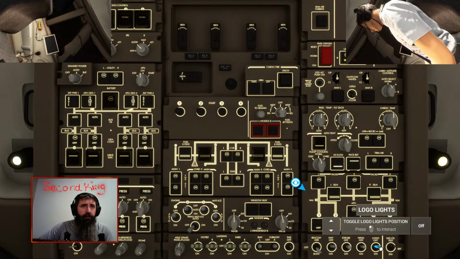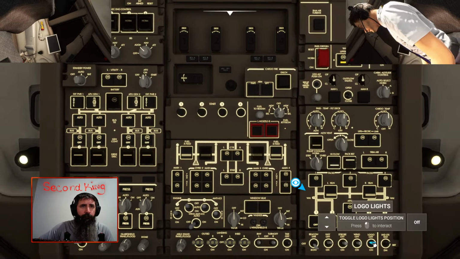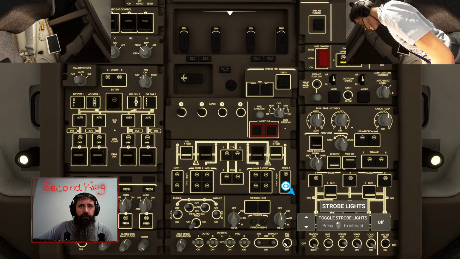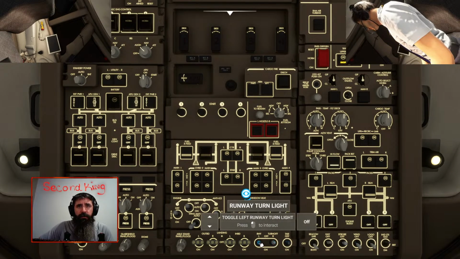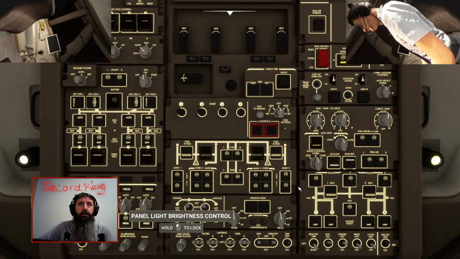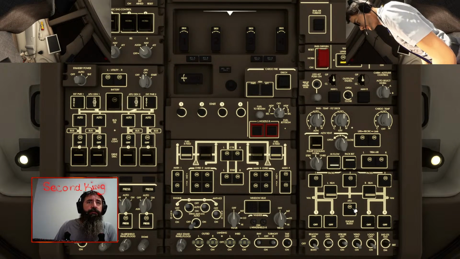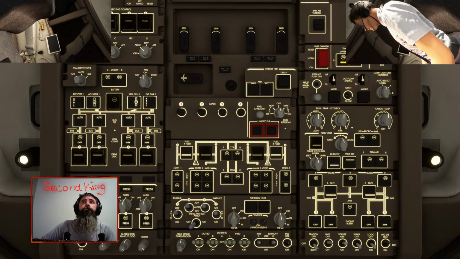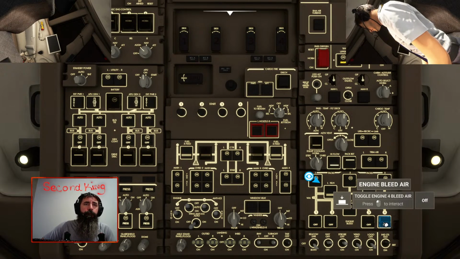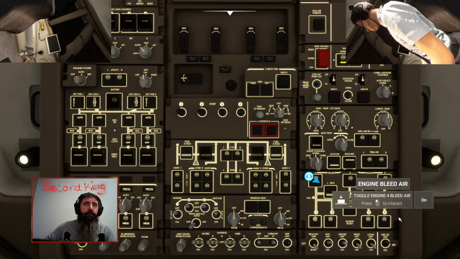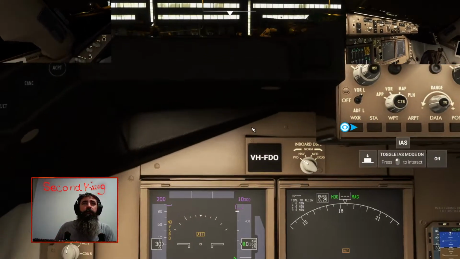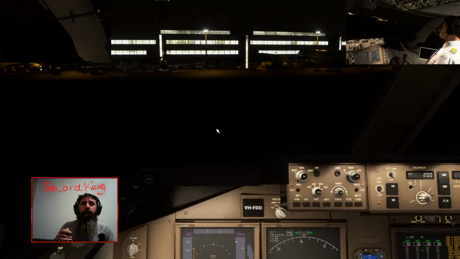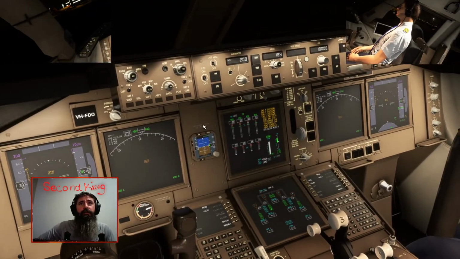Let's turn logo wing, and we'll turn everything else is fine. Packs are fine. APU is on. Yep. So I'm going to just turn all those on. Bugger it. Normally I'll wait, but today I'm not going to.